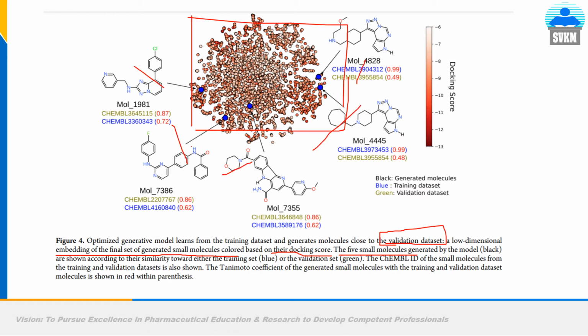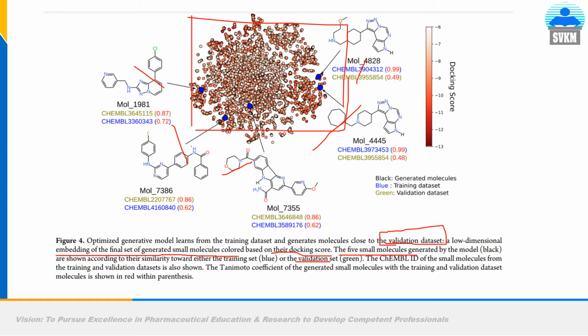The 5 small molecules generated by the model are shown according to their similarity toward either the training set or the validation set. The ChEMBL ID of the small molecules from the training and validation dataset is also shown. The Tanimoto coefficient of the generated small molecules with the training and validation dataset molecules is shown in red